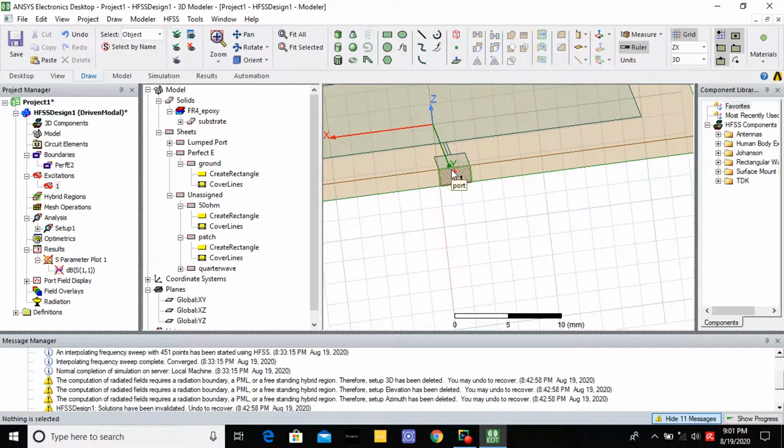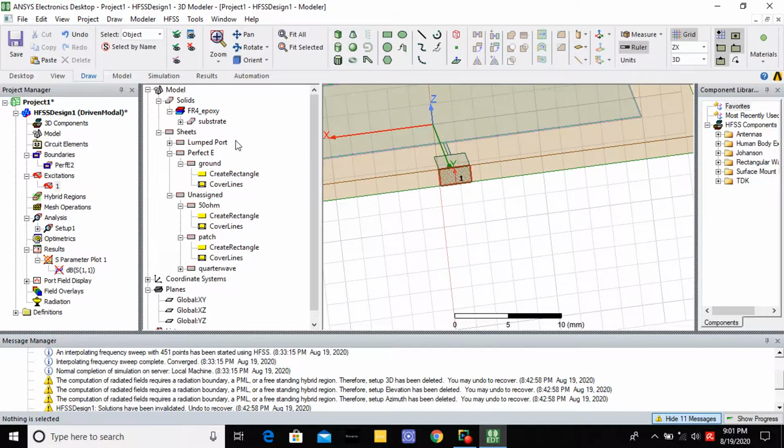Microstrip antenna contains three layers. One is the ground layer, next one is the substrate, then on top of the substrate is the patch layer. Substrate layer is the non-conducting layer. Okay, this is non-metallic. Then patch and the ground are the metallic layers. So we have to assign patch and the ground any metal layer. For example, you assign copper.